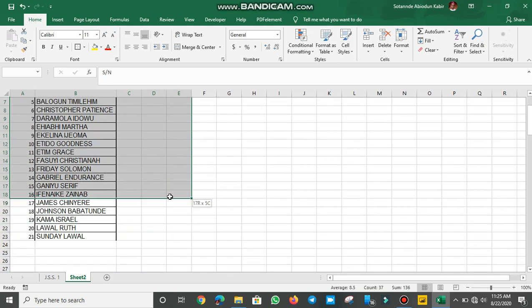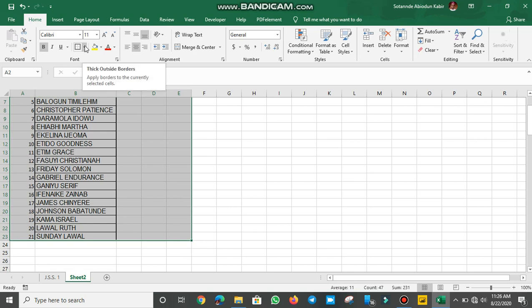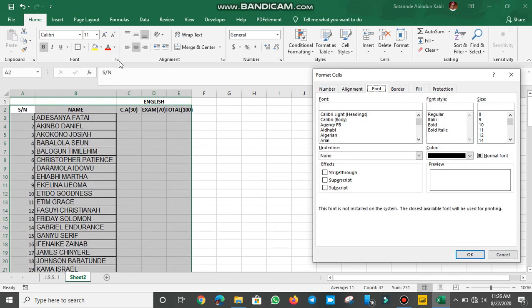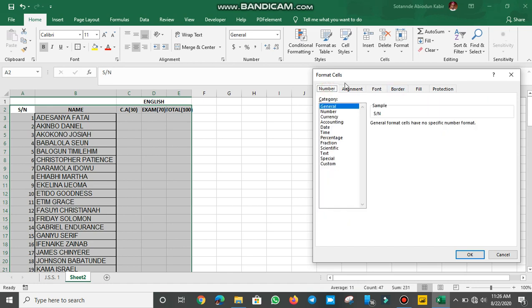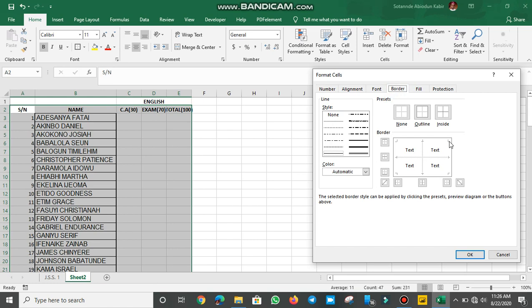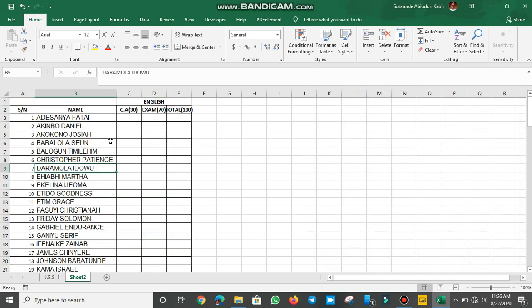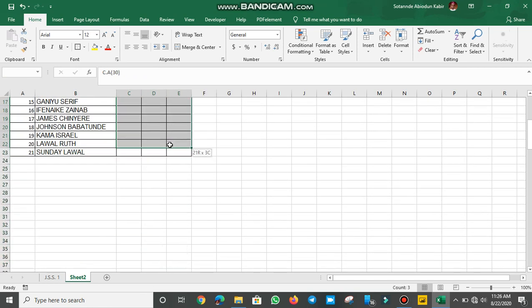So I want to create border. You select everything where you want the border to be. You come to the home tab, select this, or you can come to this small button and select border here. So when you select border here, then click on the outline and the inside border, say OK. So when you do that, your work has border,